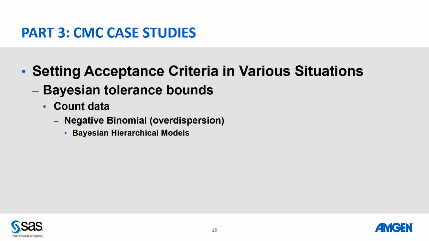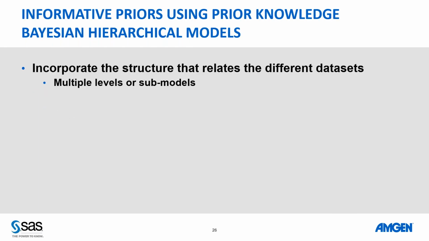Now we're going to use the same example, but now we're going to use something that's called Bayesian hierarchical models. And in a hierarchical model, what that allows us to do is to use multiple data sets, okay? Before we used just one. Here we're going to use multiple data sets because, as we mentioned before, you had data for other products and molecules on visible particles. So why just use one? Can we use more than one? And this is where the hierarchical models come in.